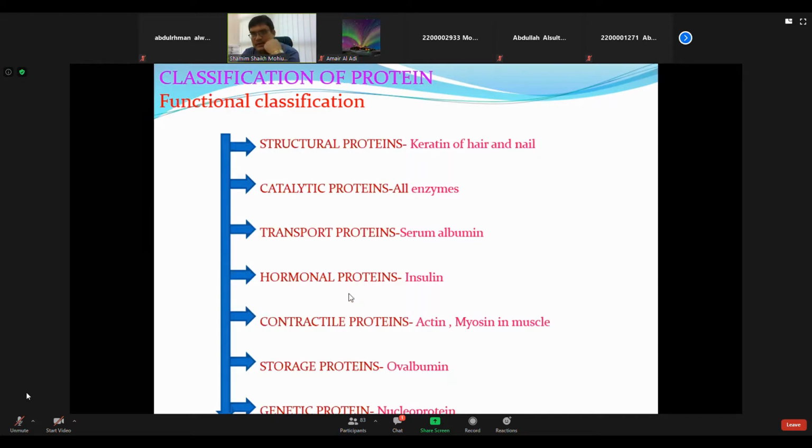Okay. Now hormones, you may have heard about hormones in physiology or your biology. A lot of hormones are there. Some hormones are protein in character, some hormones are non-protein in character. Insulin is a type of hormone which is mainly protein in character. Insulin, then glucagon. Some hormones are mainly proteins in character.